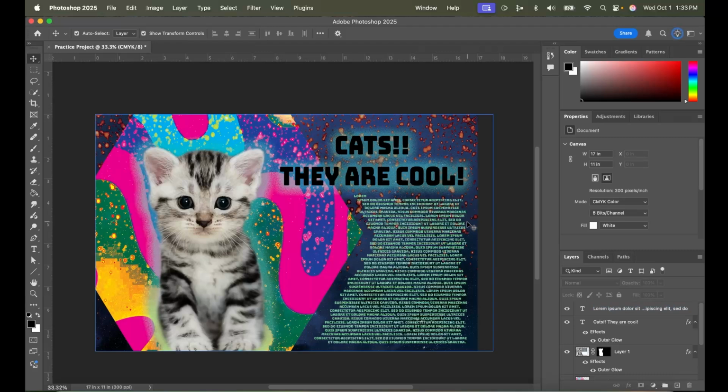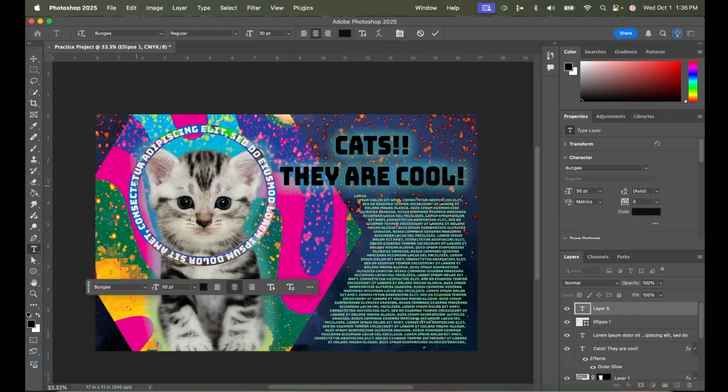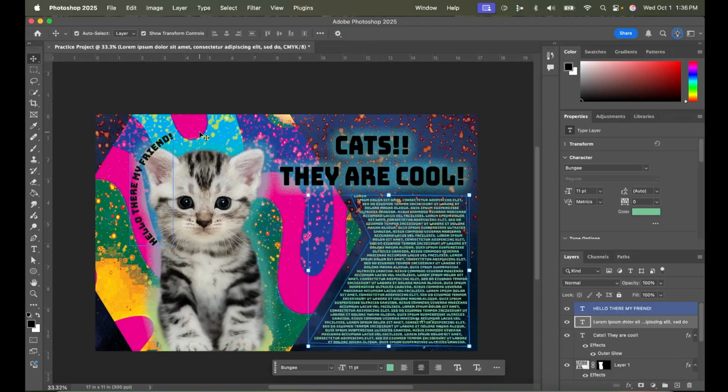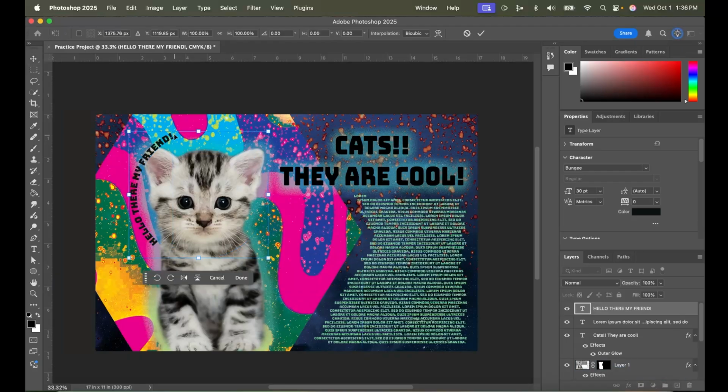Similarly, I can have my type live on a path. So if I use my example for my ellipse, after I've created my shape, I just want to make sure it's selected. And then I go to my type tool and then I click on any point of the circle on the edge. Then it will have text that goes right around. Now, if I want to, I can get rid of my original shape and just leave this as is. If I want to change the position of this at all, I may have to just click once on the edge of that selection to get the full box,